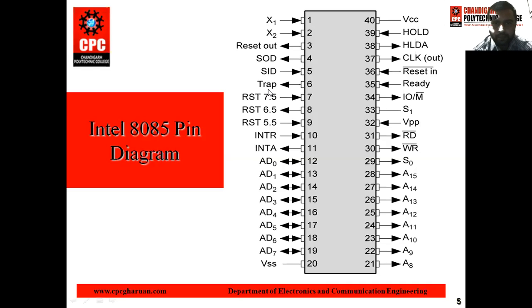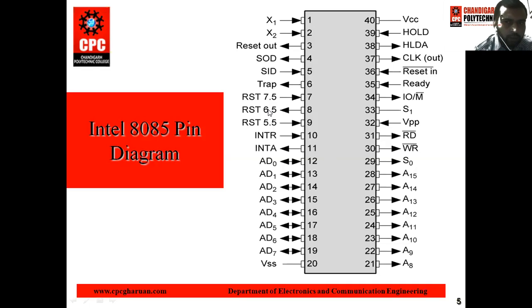There are 5 types of hardware interrupts in the 8085 microprocessor, named TRAP, RST 7.5, RST 6.5, RST 5.5, and INTR. These are the hardware interrupt pins, and with the help of these pins, the external devices can interrupt the microprocessor